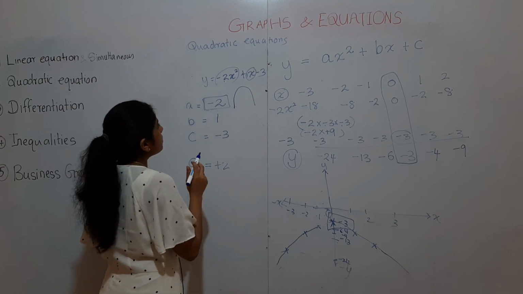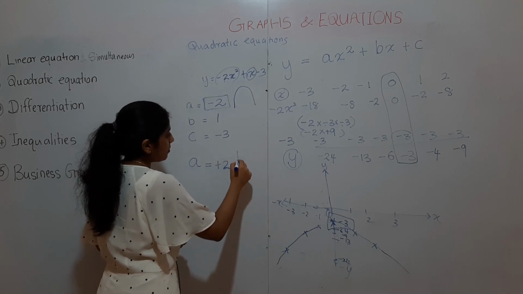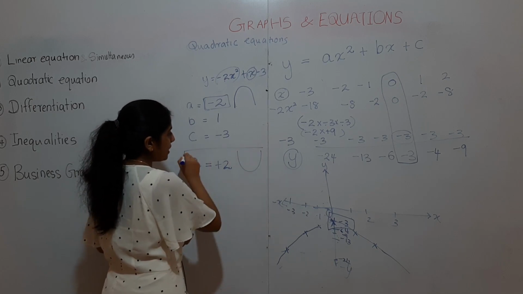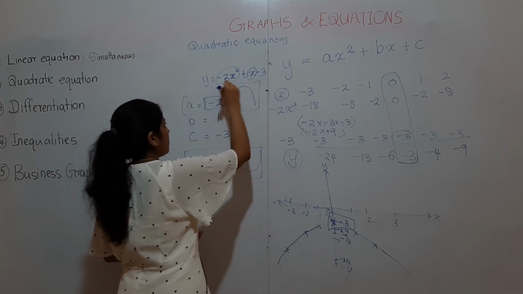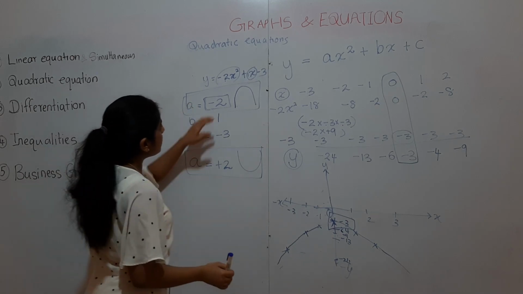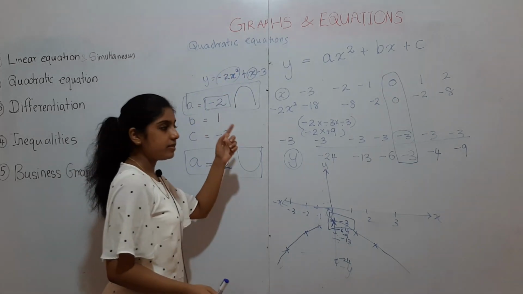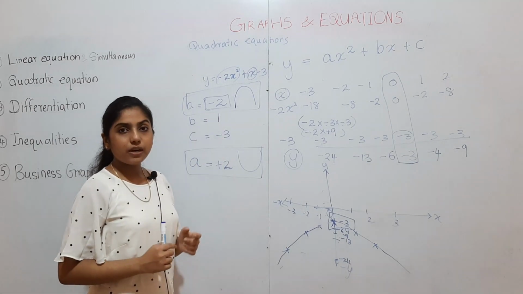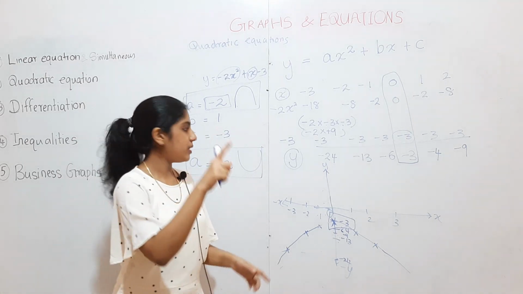Whereas if a is plus 2, then it will be this shape. Okay. So remember these two very well. It is very important for our next section, differentiation. So make a note of this in your writing book: if the a next to x squared is a minus, then the shape of the curve would be like this, a bell shape. But if it is a plus, the shape of the curve will be the other way, this way.